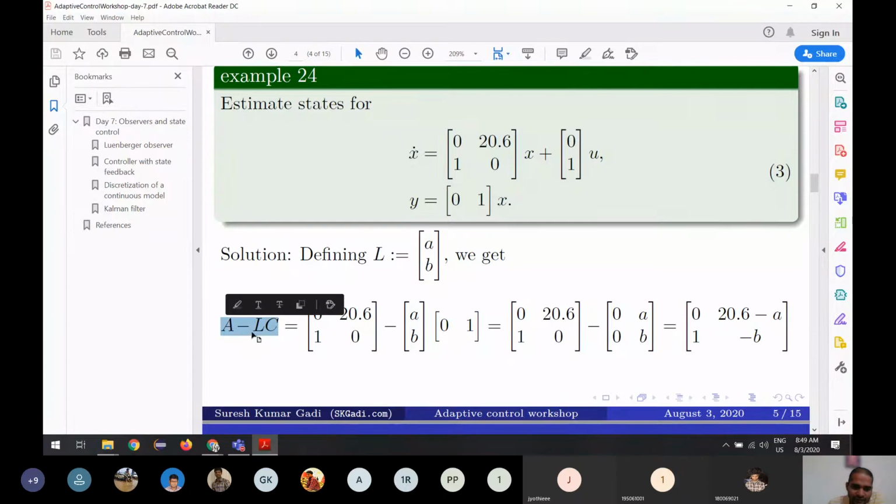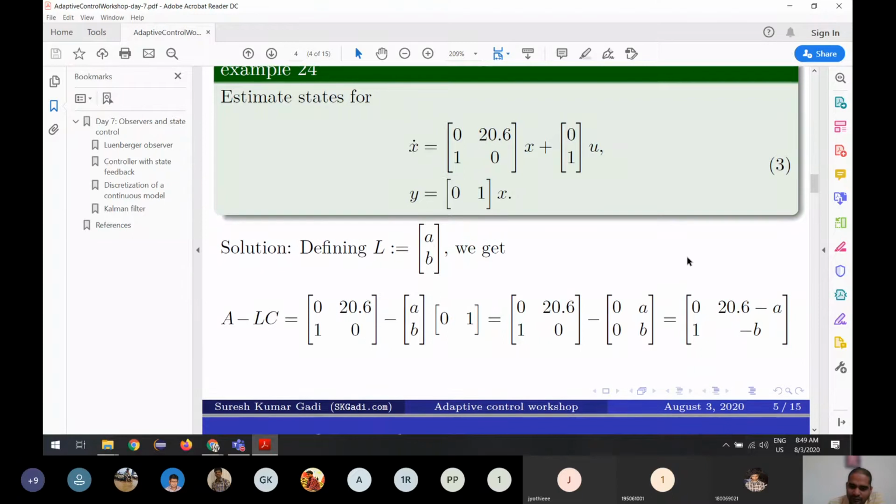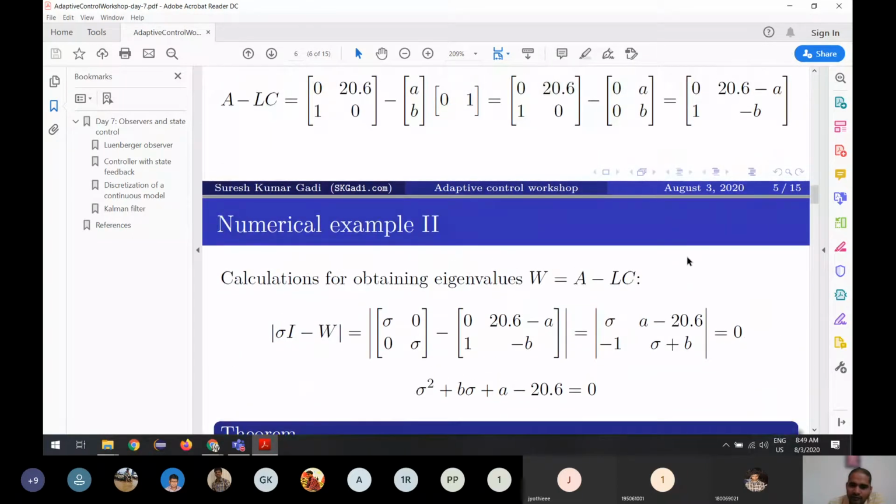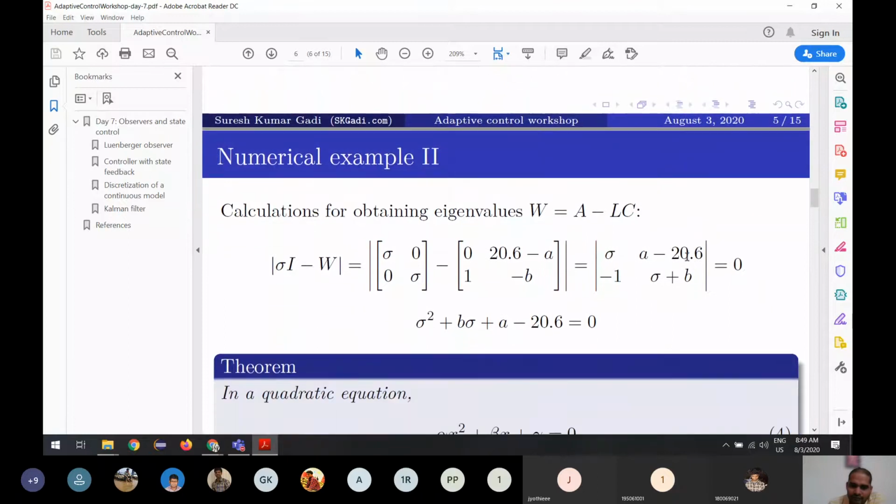It is A minus LC. So we already know A is this matrix, minus L is this one, and C is this matrix. So if we do these matrix operations, this is the result. This is the A minus LC matrix. So what we have to do is find the eigenvalues. So what is the procedure for finding eigenvalues? Again, I'm saying, let us say W is A minus LC. If A minus LC is W,